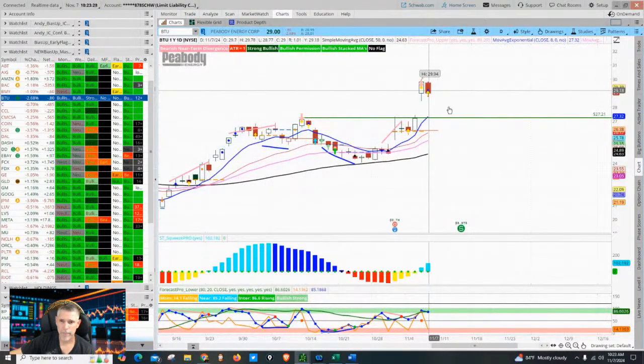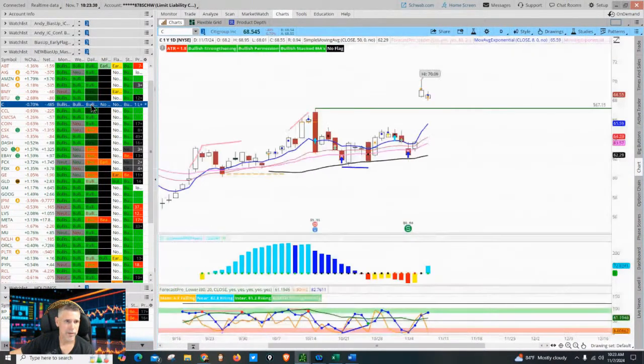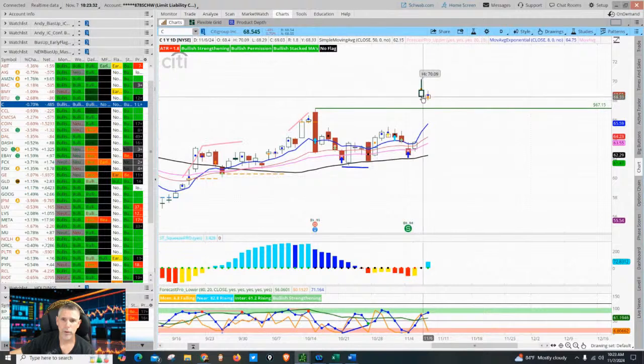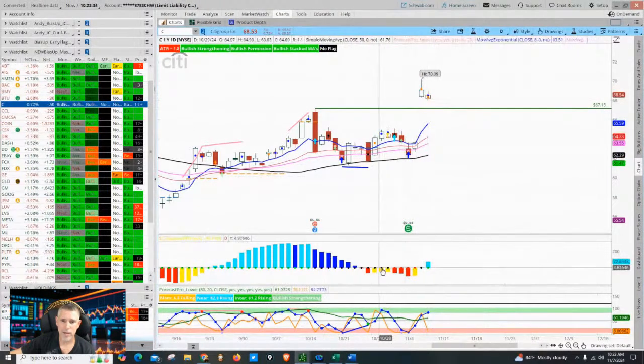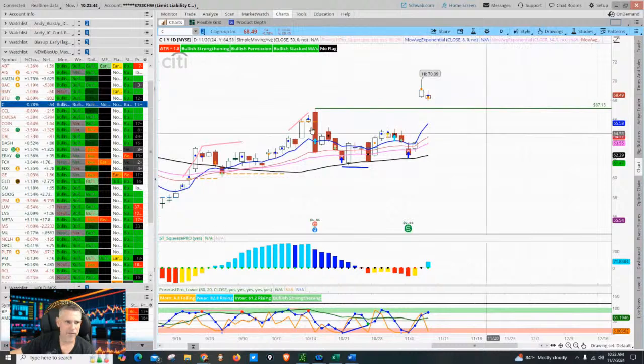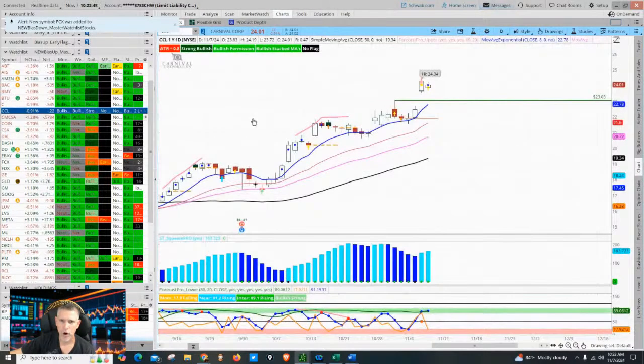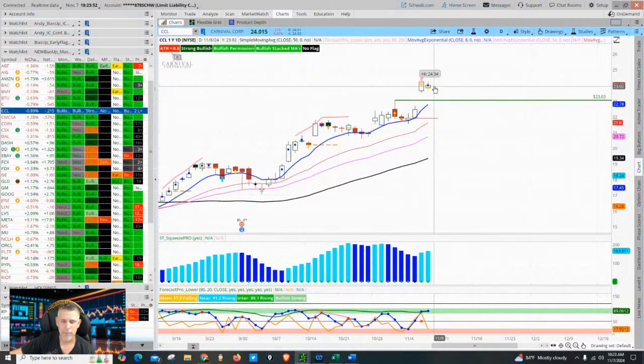BTU, no setup. Citigroup, no setup. It was in that squeeze right in the zone. You had that entry, which again might have faked people out because it broke to 34. Once again, they got faked out. They hate the squeeze. Carnival. A lot of these are giving that harami right now. Again, pausing after the big update yesterday. No setup.